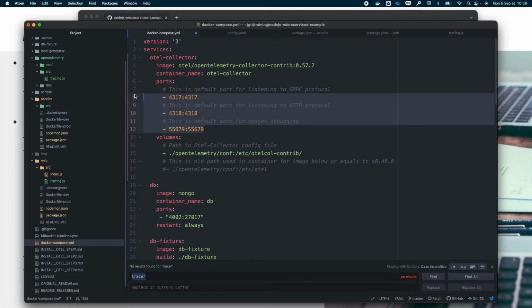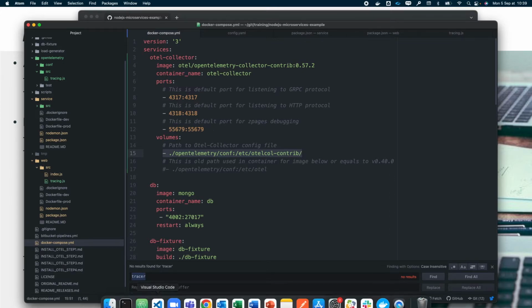We define all the ports that we open. Remark that we open the ports both for gRPC and HTTP in case we have another source of data, and we open also the port in order to connect to the ZPage page, and then we define where to find the configuration. If we don't do this, the OpenTelemetry collector will start with the default configuration.